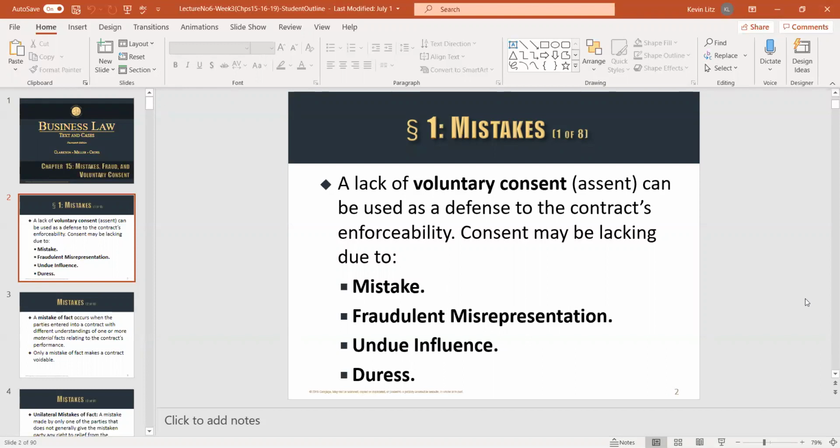Number one, you made a mistake. Number two, the other party made a fraudulent misrepresentation. We'll get into that in a minute. There was undue influence on you. You're in a nursing home, and they said, if you want your medication, you're going to sell me that diamond ring for $5. Or you're under duress. I guess duress would be better at the nursing home. And undue influence might be your parent or a teacher or when you're younger, or someone that has influence on you that exercised in an improper way.